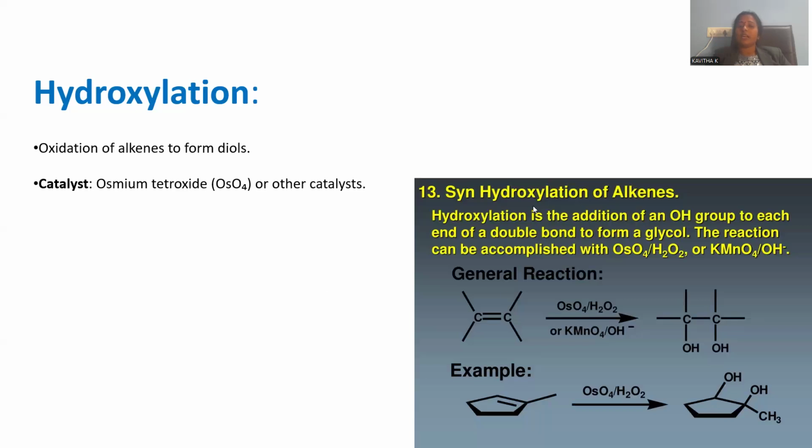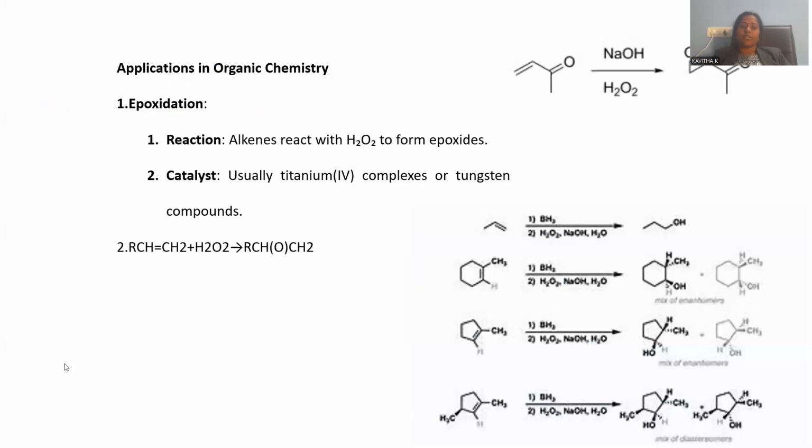This is said to be syn hydroxylation. Syn hydroxylation stands for when two hydroxy functional groups lie on the same side of the double bond. Even in a cyclic compound, in this cyclopentane compound, you can go for osmium tetroxide in addition to hydrogen peroxide, so that there is an origination of hydroxyls on the side by side carbon atoms, both lying on the same side, so that syn hydroxylation is possible. So there is a slight difference.